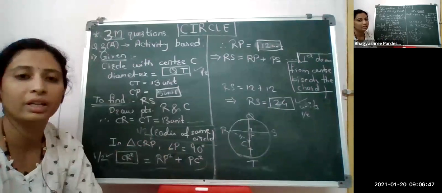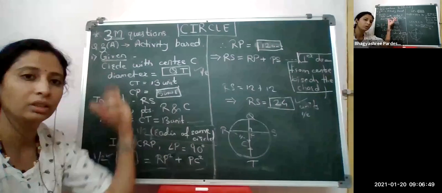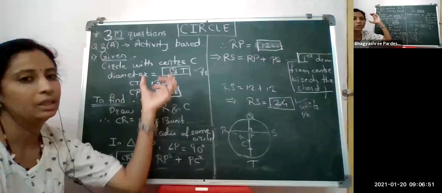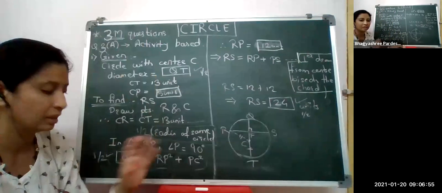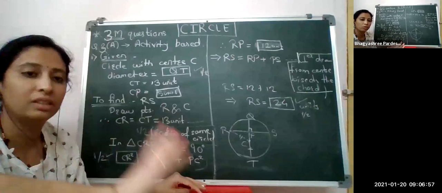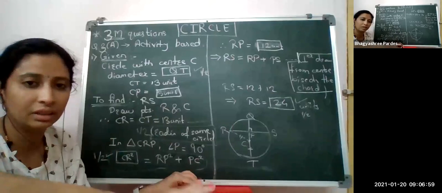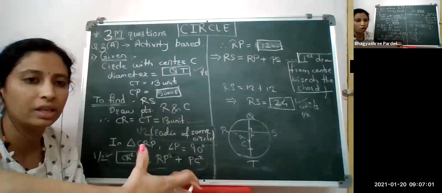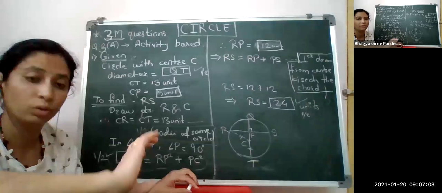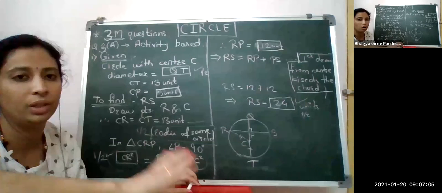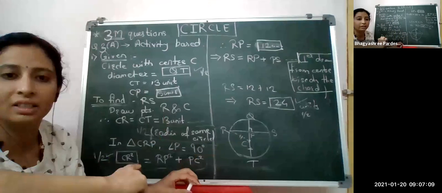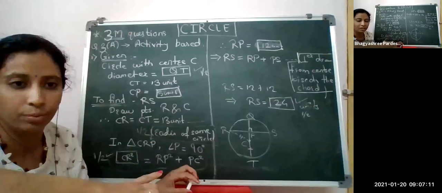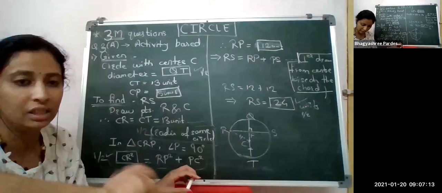So what we have done, the same question was there, simply we converted it into question number 3A, that is, we converted it for 3 marks. There is nothing else, the same question was there, nothing but the gaps we increased, and the weightage increased. So this is the activity based question, one of the very important ones. The same pattern is in 10th standard, so do practice it and never skip this type of question. You can easily score in this.